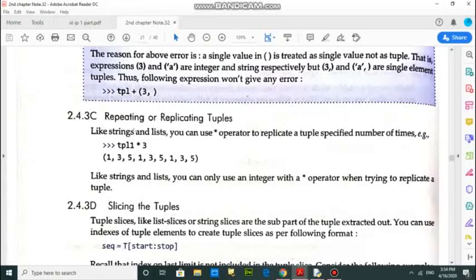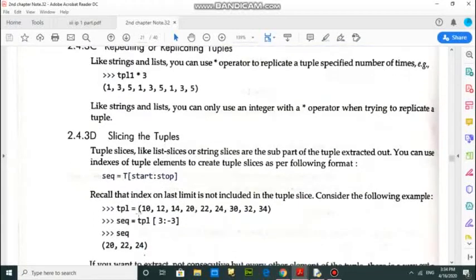And repeating or replicating tuples. For example, tuple1 consists of some content, and if we write tuple1 times 3, then its tuple content will be replicated 3 times.